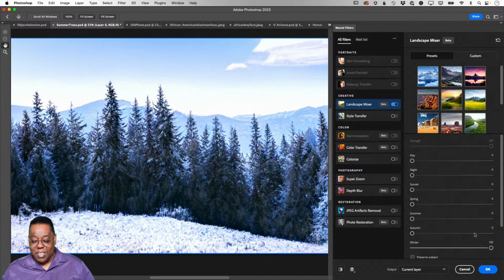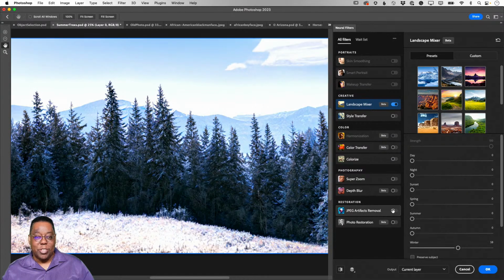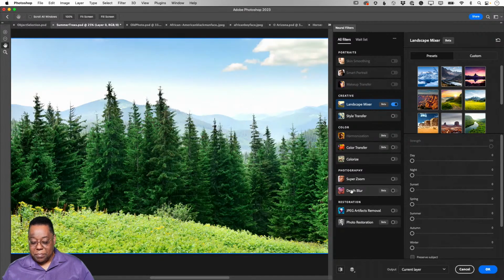But I have a slider that lets me even back off and say, well, maybe I don't want it so wintry. Maybe start to turn it into winter. So I can adjust the amount of winter I get on a slider. All right, let's pull that all the way back. Now it's already kind of summer